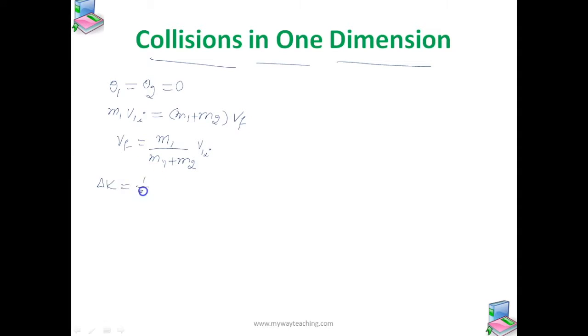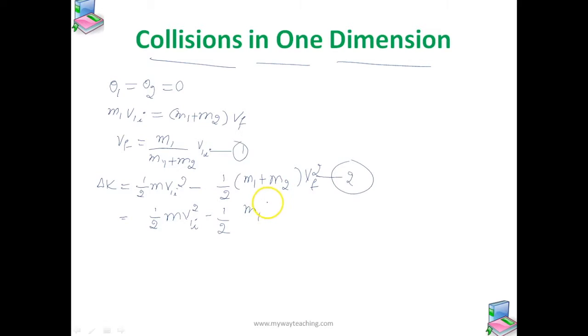So we can write it as half m1 v1 square minus half (m1 plus m2) into vf square, where vf is the final velocity. That can be written as half m1 v1 whole square minus half (m1 plus m2) vf square. You just substitute the value of this vf in this second equation, so we'll get